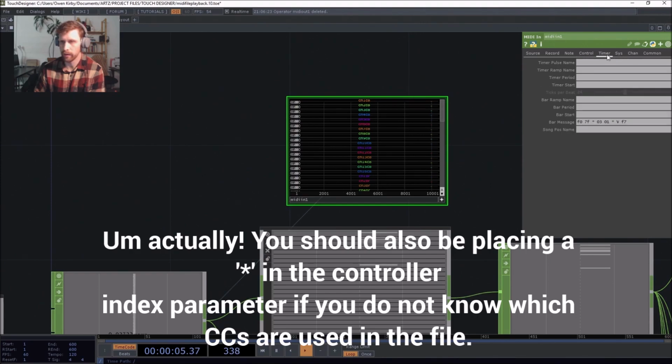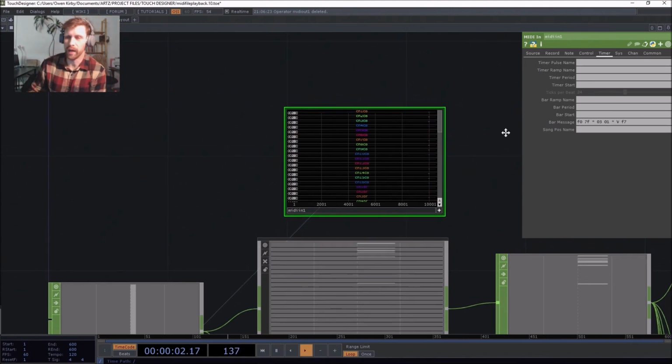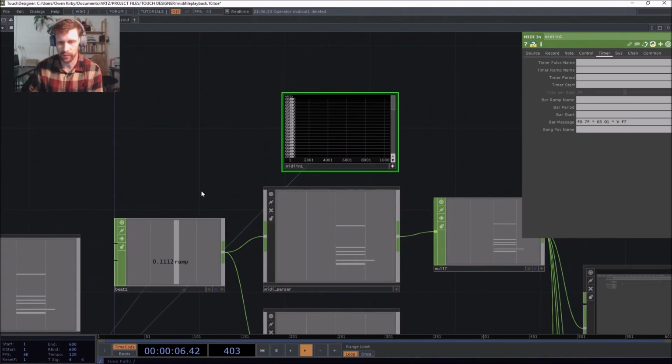Yep, and all this stuff, we're going to get to maybe on another video, but this is all the sort of machine control, MIDI time clock stuff in the MIDI file. But right now we're just concerned with playing it back as best we can. Alright,